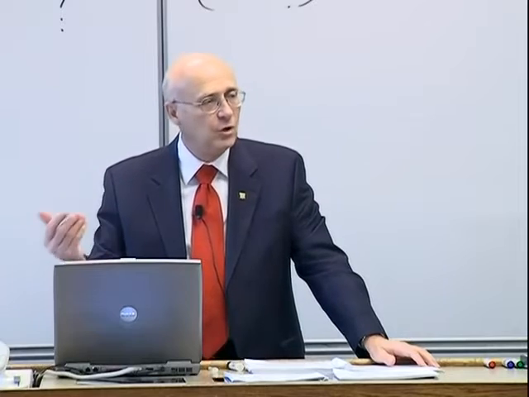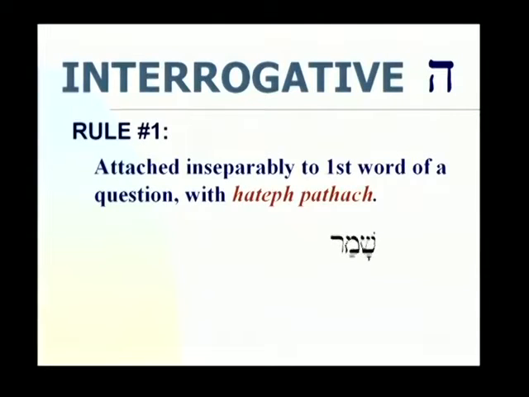And then sometimes the question is just known by context that it's a question. Perhaps a verb used with it. A verb for ask can give you the clue. And so if there's any other clue or the context is fairly clear, this interrogative he will not be used. But when it's used, it's up front. It's always on the first word of that interrogative sentence, that question. It's always on the first word, not on the second word, not on the third. So it's the signal. And it normally is a he with a hataf pathach under it. So if we take the word shamar, everyone? Shamar. What does it mean?